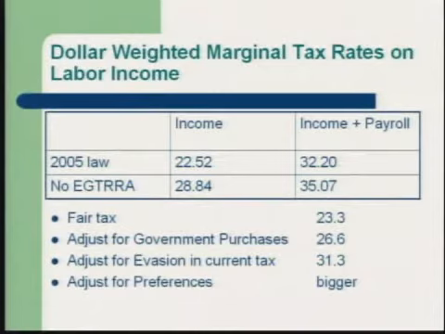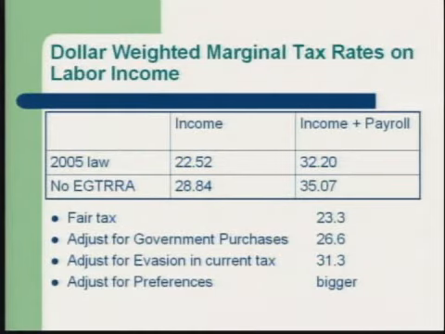But you can't compare the fair tax with none of this to the current system that has all of this. And the same thing with preferences. If a piece of my income is going to be exempt because I'm going to spend it on charitable contributions or fringe benefits or something that's not taxed, then that effectively lowers my marginal tax rate on labor income. So what I want to do is try to do a really fair comparison. So the second number also my colleague provided, this is actually adjusting.